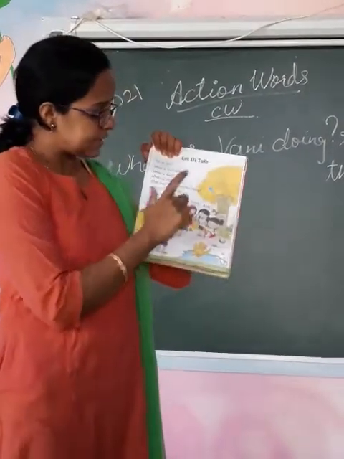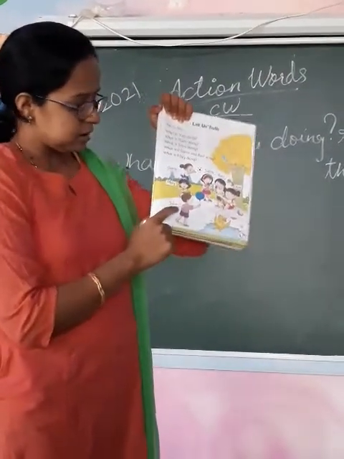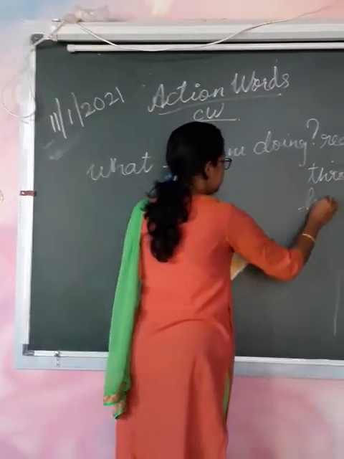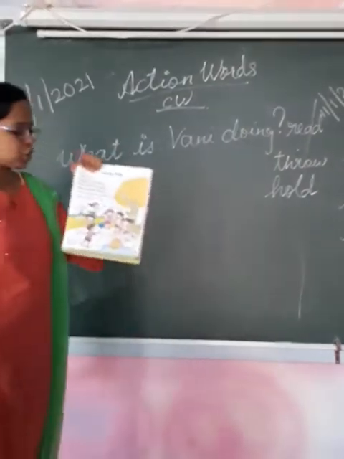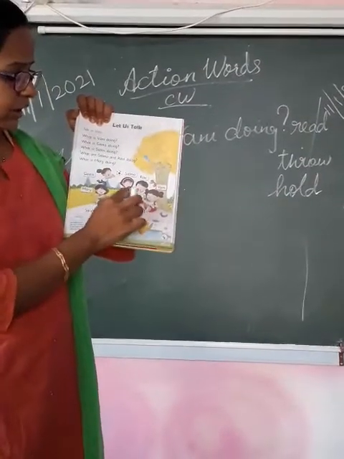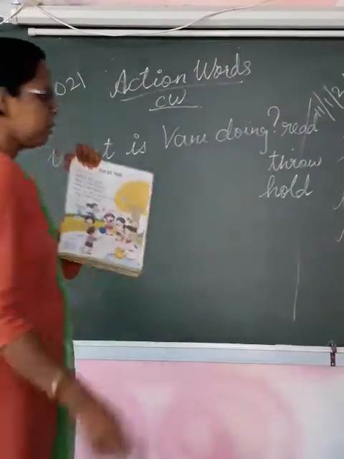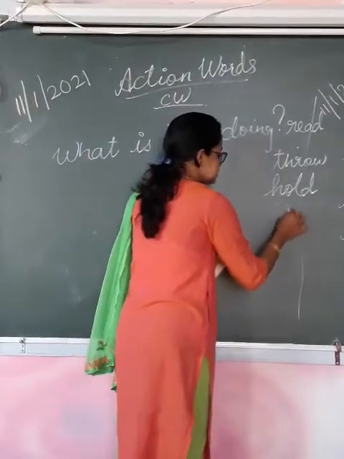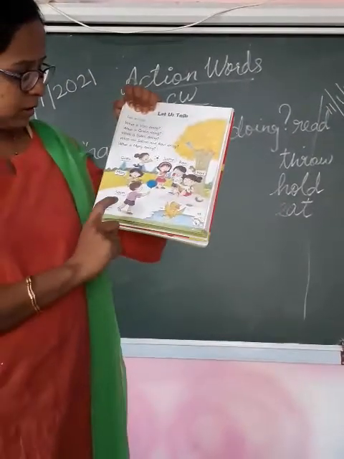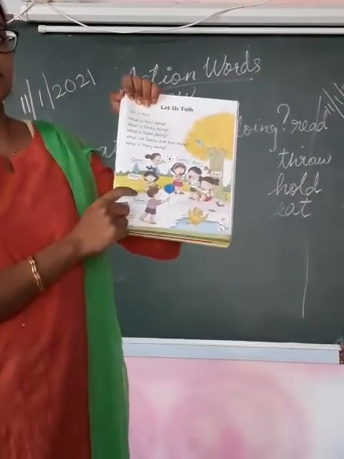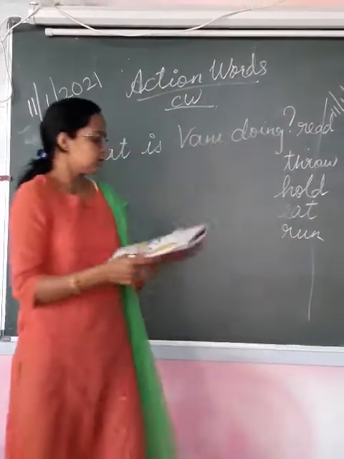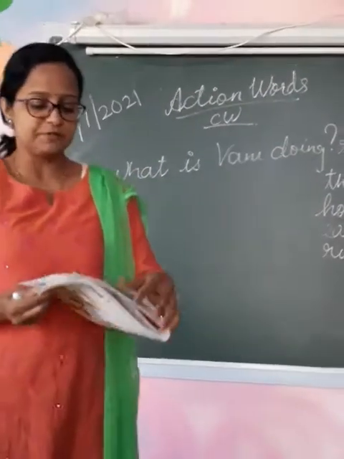Next, what is Salim doing? Where is Salim? See. What is Salim doing? He is holding a balloon. So, what is the action he is doing? Hold. He is holding a balloon in his hand. H-O-L-D. Hold. Then, what are Salma and Ravi doing? They are eating ice cream. So your action word is E-A-T, eat. They are eating. And what is Mary doing? Where is Mary? Yes, Mary is running. So what is the action word? R-U-N, run. Okay. Next question. On the next page you have some more questions.